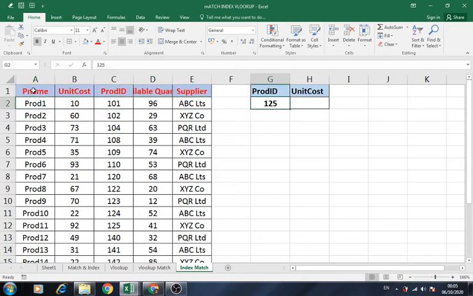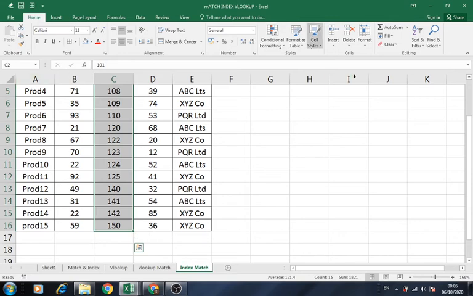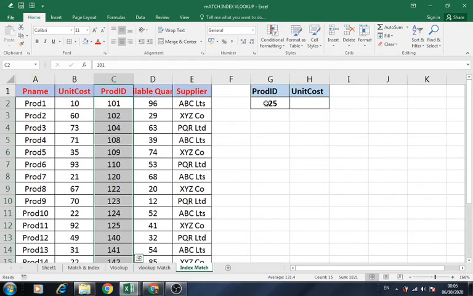Now, can we get the row number based on product ID? In this list, you can find out where product ID 125 is. We can again use the match function to find where this product ID 125 is. It will give us the position. We can as well say it is giving us the row number. Now because we have the row number and the column number, we can get the value. We will try it here.